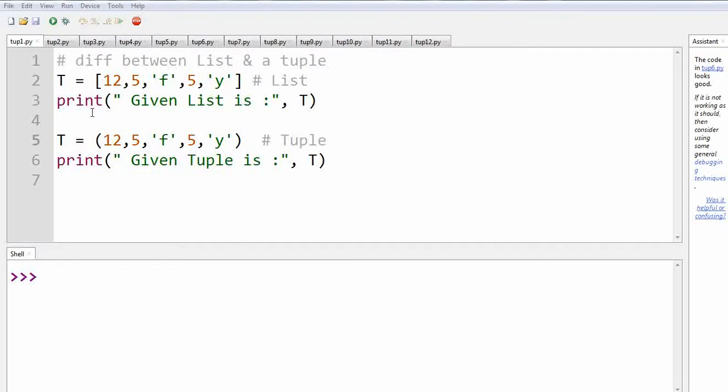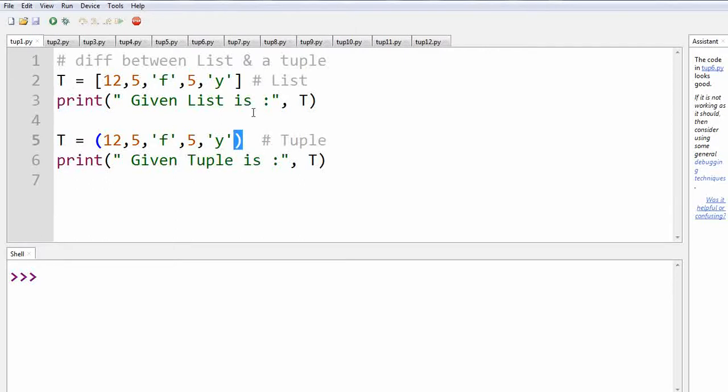Dear student, today we are going to learn about tuple, and as we know, tuple is an ordered set of elements that is enclosed within parentheses. Earlier we have learnt about list, in which we have seen that a list is also an ordered set of elements, but all the elements are enclosed within square brackets, as you can see in this code. So this is a list, and here we have put round brackets, so this becomes a tuple. So this is the only difference between a tuple and a list.